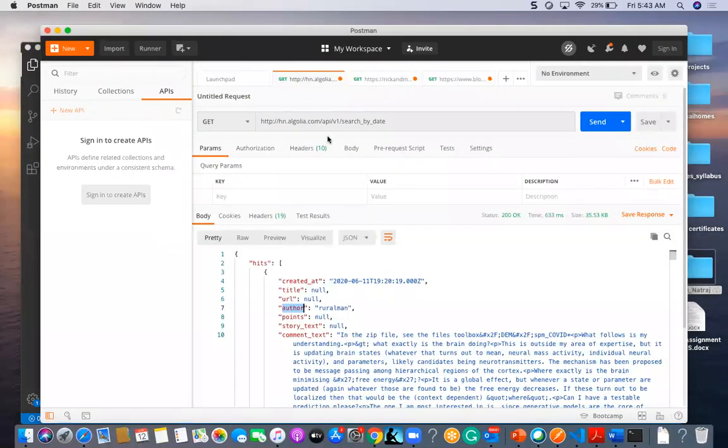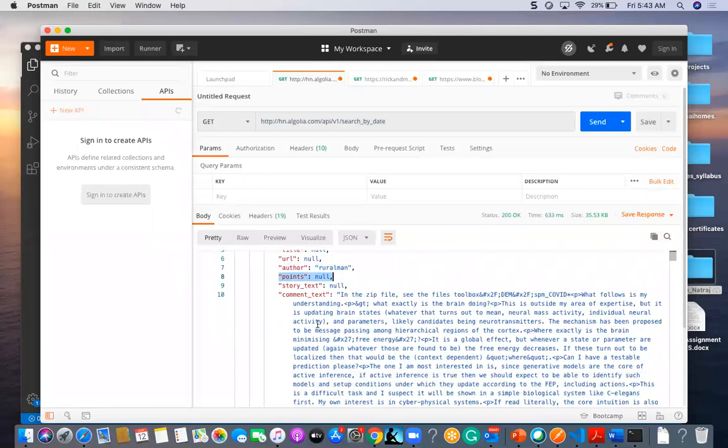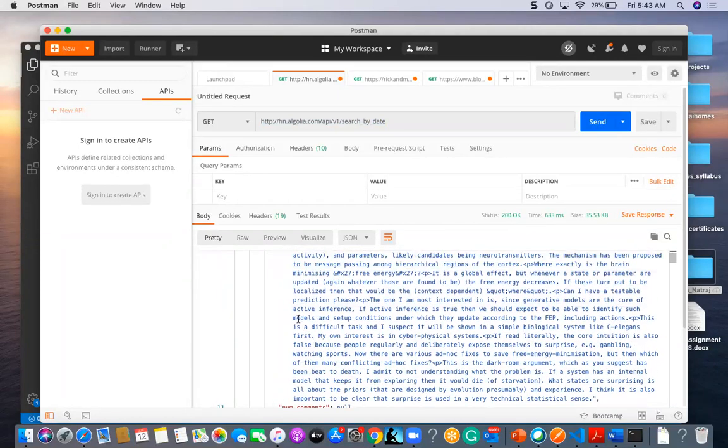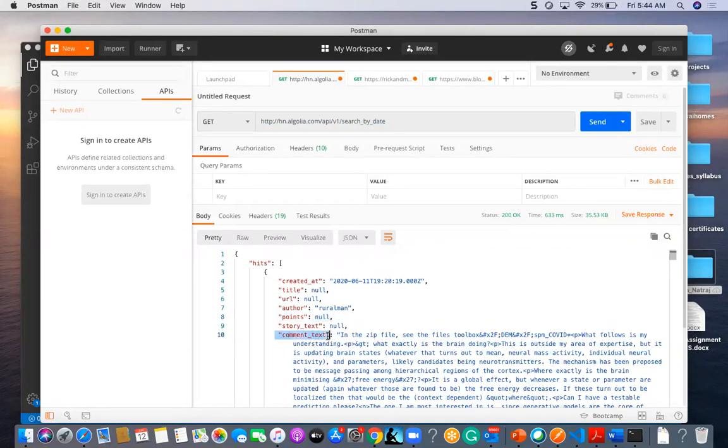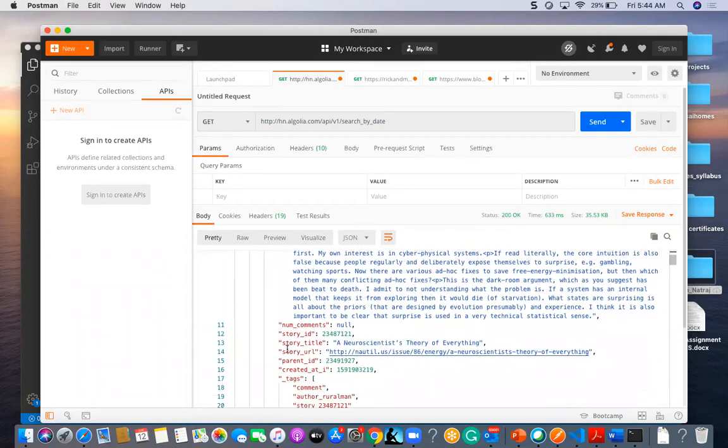So I have here one API that is like search by date. I am going to fetch this one author, and one more is like points, and also comments. So this is the comment of that author, and also I am going to fetch the story ID.